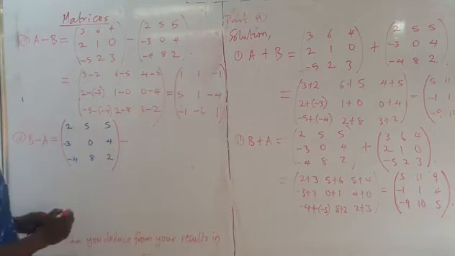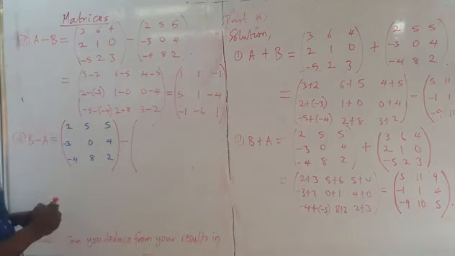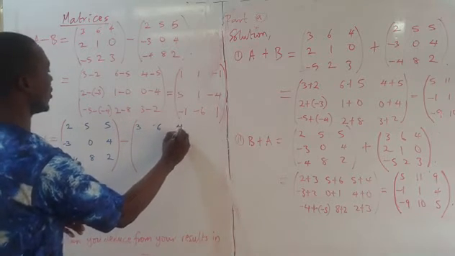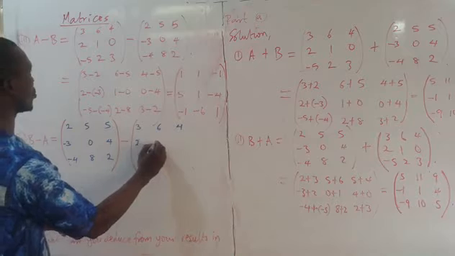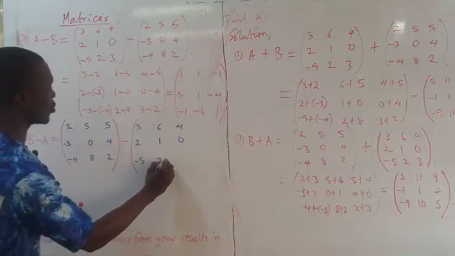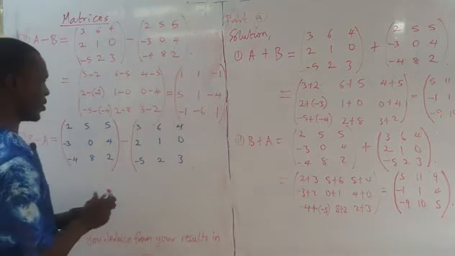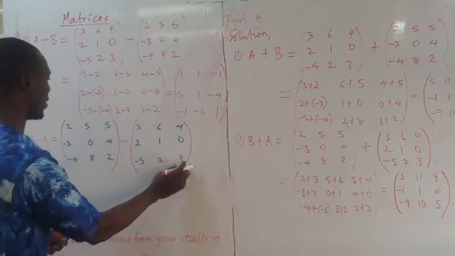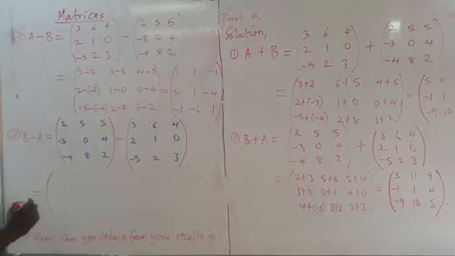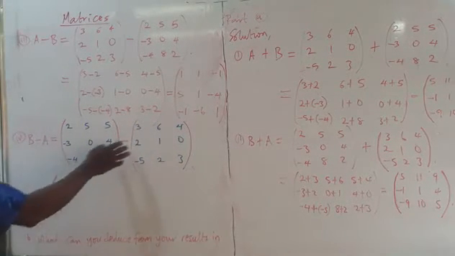Then minus matrix A. Matrix A is given as 3, 6, 4. That's the first row. Second row, 2, 1, 0. Then the third row, minus 5, 2, 3. So we are subtracting matrix A from B, which is equal to,